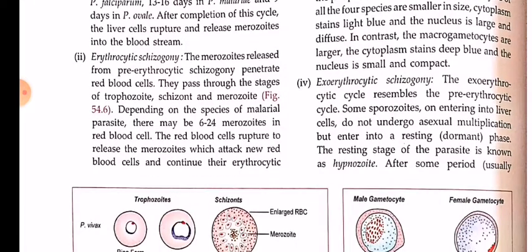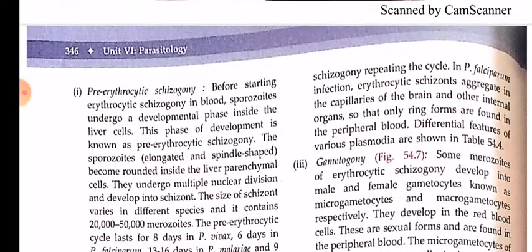Erythrocytic schizogony. The merozoites released from pre-erythrocytic schizogony penetrate the red blood cells. They pass through the stages of trophozoite, schizont, and merozoite. Depending on the species of malarial parasite, there may be 6 to 24 merozoites in the red blood cell. The red blood cell ruptures to release the merozoites, which attack new red blood cells and continue the erythrocytic schizogony,